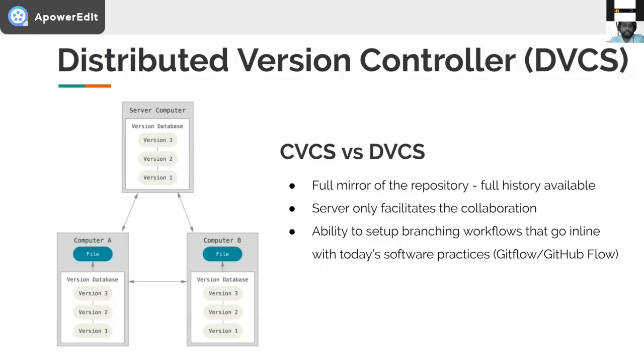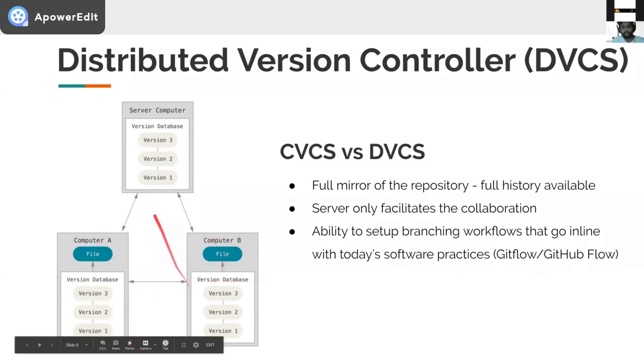All the developers, all the participants in the project will be able to access it, and of course all these developers will have a copy of the version database in their workstation. And of course there will be a server computer, a central server kind of setup as well. All these participants will have the version database. If you look here, you can see the version database here, here, here. So you have the copies for you to access anytime.